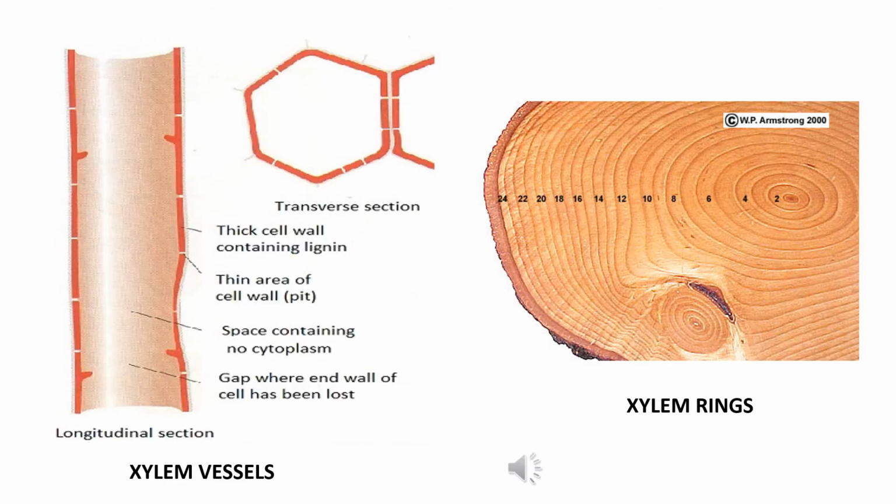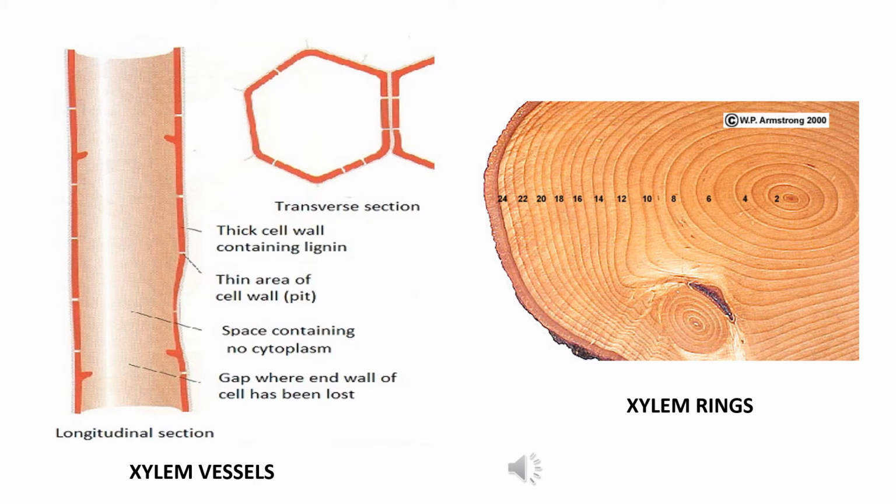In this picture, we can see that in the longitudinal section of the xylem vessel, there is absolutely nothing inside the xylem vessel. So it contains no cytoplasm, and it can provide the maximum area for transport of water. It has a very thick lignified cell wall which provides support, but the cell wall is not thick everywhere. It is somewhere thin, and those thin areas of the cell wall are called pits. And there are gaps where the end wall has been lost to provide a hindrance-free way for